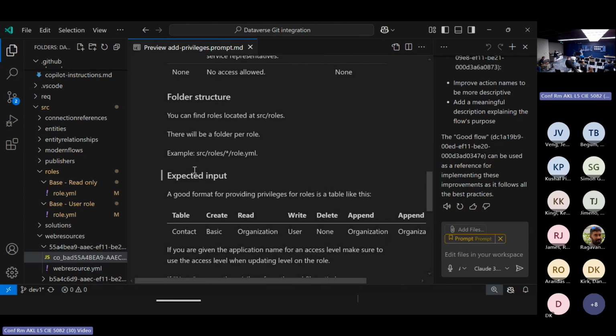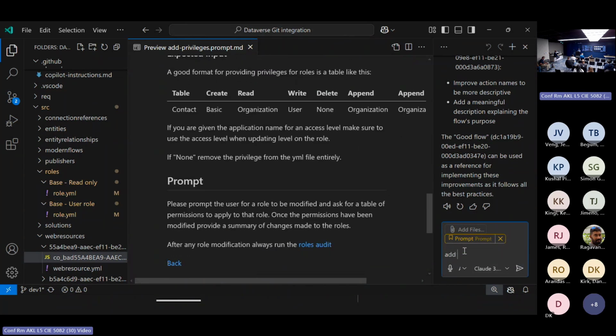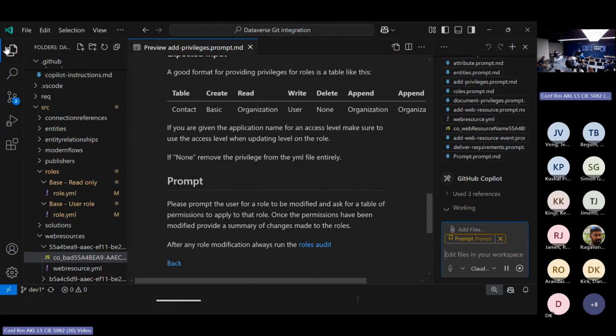And then I can give it a structure about how to take information in. I say, hey, by the way, my customer likes providing changes to security roles as a table, an Excel spreadsheet maybe. They want it to be in this format. And so I can just say add privileges and spell it terribly. It'll read this prompt, it'll read the documentation, it'll look at the format that I want my input in,